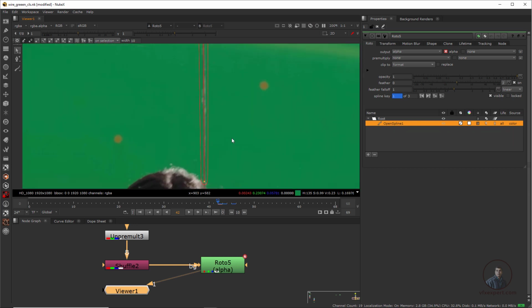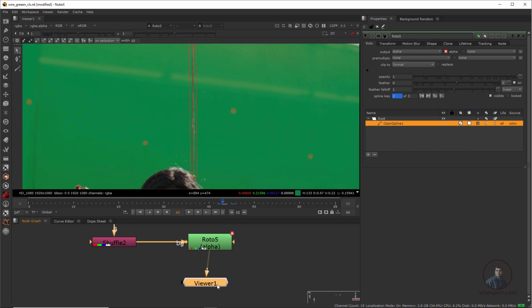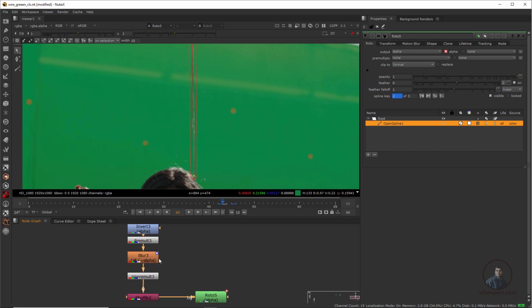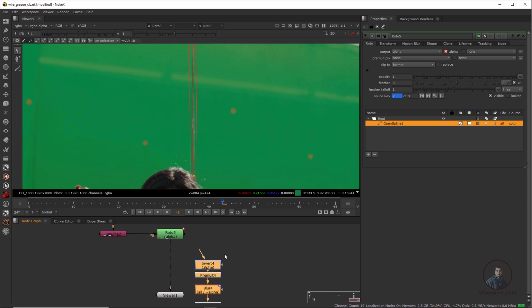So just for explanation, I have animated some frames here. Then after this, how can we remove the second wire, this one here? For this, we simply copy the same nodes that come after the first roto. Select these nodes, press Control C to copy, and attach them after this second roto shape. Now press Control V to paste it and connect it with our second roto.